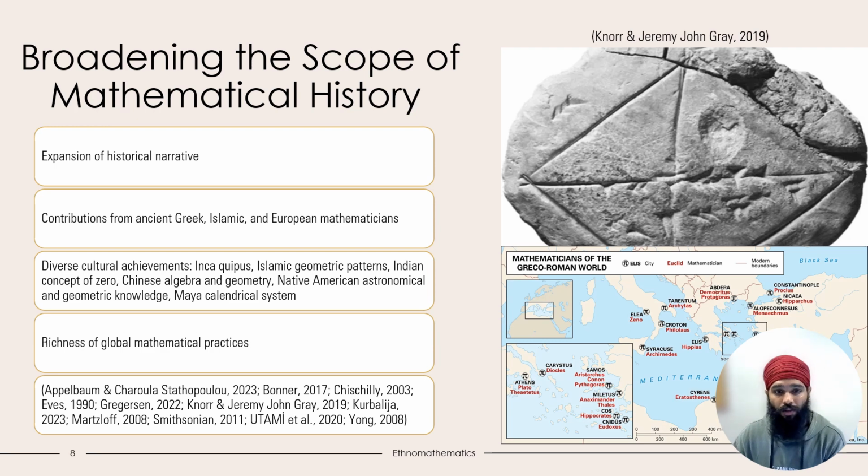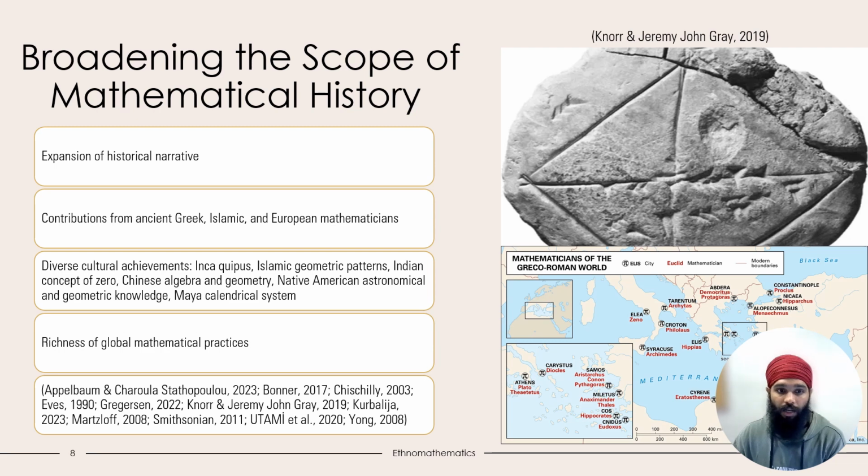The ancient Chinese also made significant contributions, including the development of early forms of algebra and geometry. Native American cultures also have rich mathematical traditions. The ancient Puebloans of the American Southwest, for example, used advanced astronomical and geometric knowledge to design their settlements and ceremonial structures. The Chaco Canyon site, with its precise alignment to solar and lunar cycles, is a testament to their